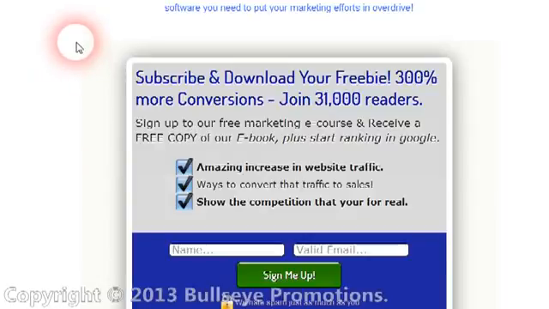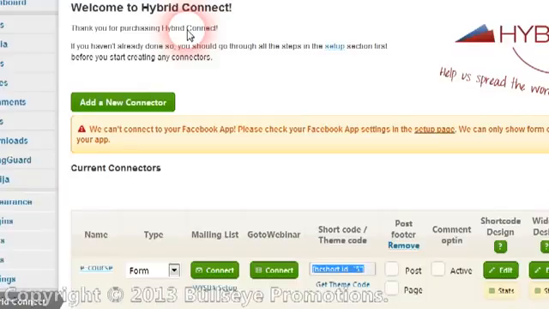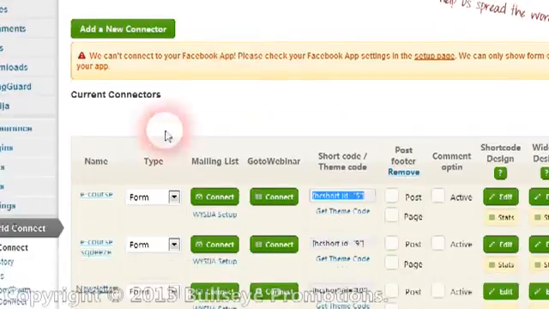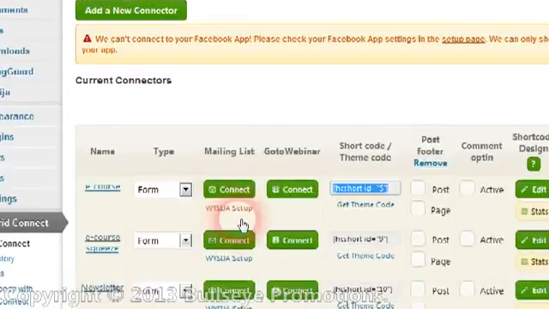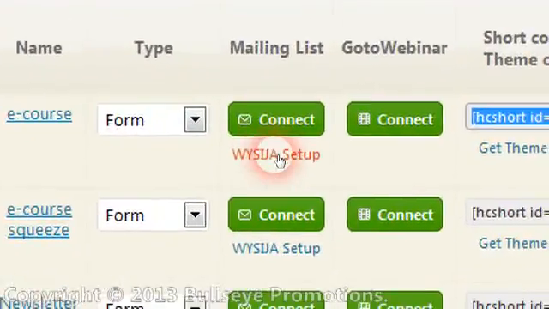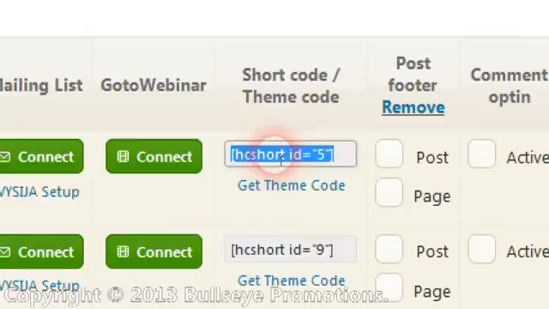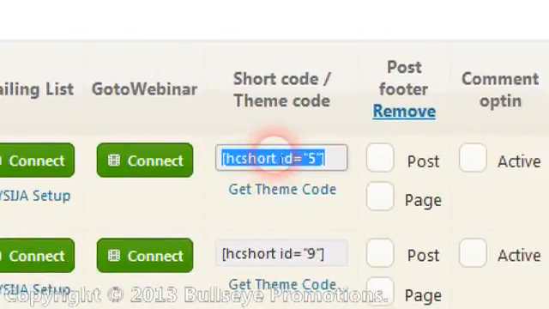So I'm going to go to Hybrid Connect real quick, which is a plugin that you can use in conjunction with the Wysija newsletter plugin to create really nice opt-in forms. What I've done here, I've created a connector and I called it eCourse. Went over here and edited the shortcode design, and when I came back here to the Wysija setup, I got that all set up, and it gave me this shortcode right here,